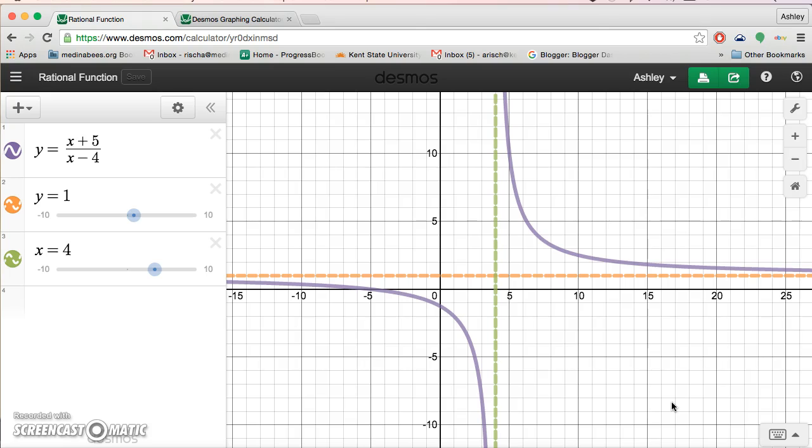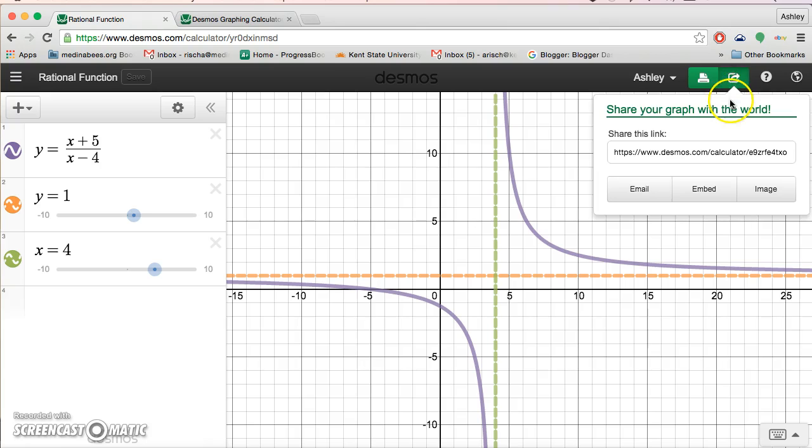And I want you to share this graph with me. So you're going to come over here after you've come up with your function and you've graphed it, and you're going to hit share graph. It says share your graph with the world, but you're really just going to share it with me and your classmates. All I want you to do is copy and paste this link into our discussion board over on Blackboard, just so I can see that you watched the video and you've played around with Desmos,